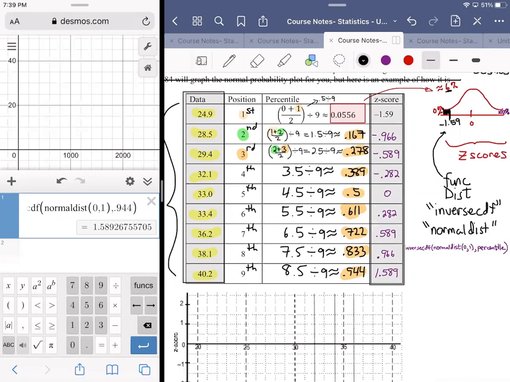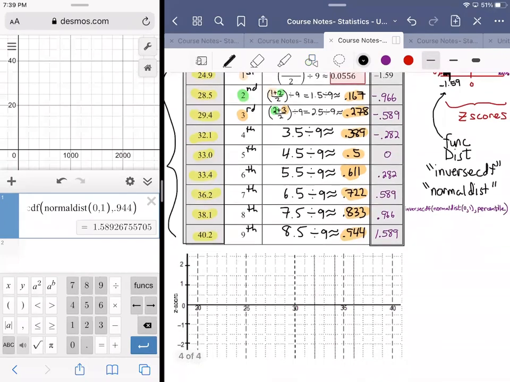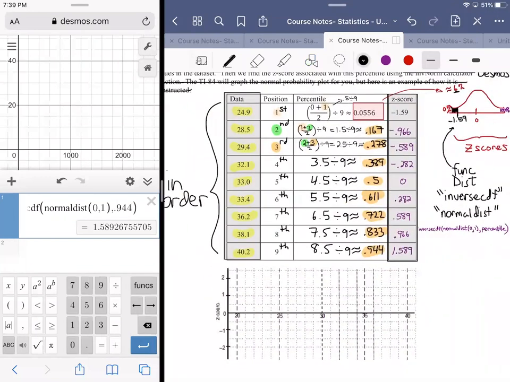On our table, we have a column that says data. That's our x-axis. Our y-axis is the z-score. Now, there's going to be a lot of estimation involved here, but that's all right. If you're estimating, that means they have a lot of wiggle room when it comes to the placement of points. All right, so I would plot